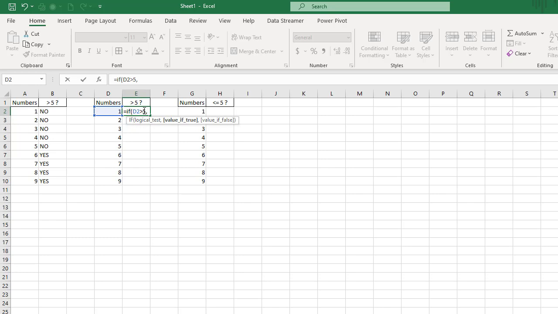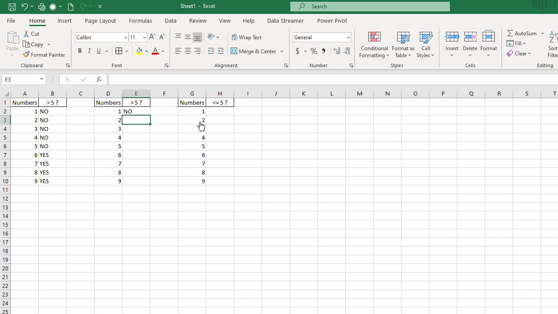That comma separates it. This says, okay, I'm finished with my logical test. Is 1 greater than 5. Now it wants me to type in the value if it's true, and I put a little space in there. But that comma separates it, and then I go quote YES quote, and another comma and a little space. Now it wants the value if false. Well, if that's false, I want to know. So I quote NO quote, and then I just close this up with a right paren and click enter, and